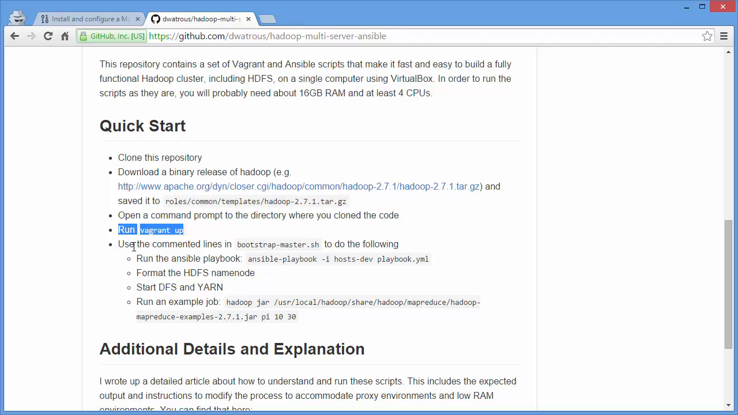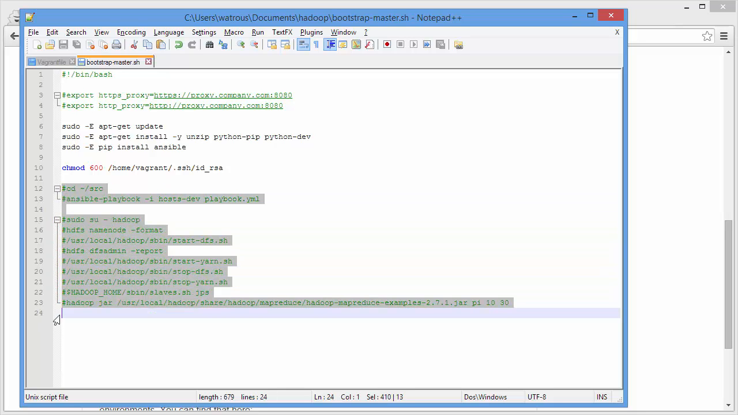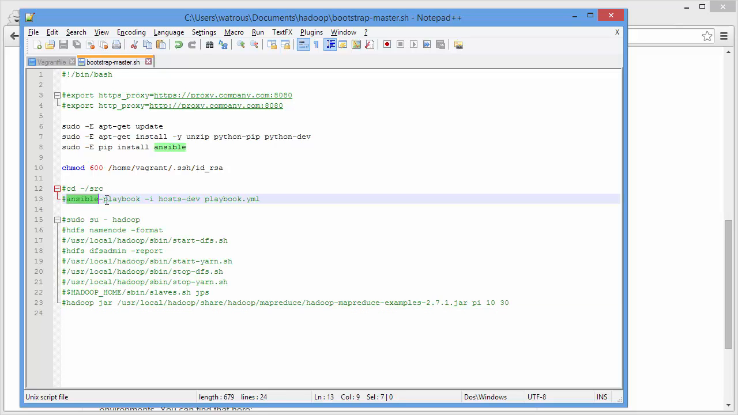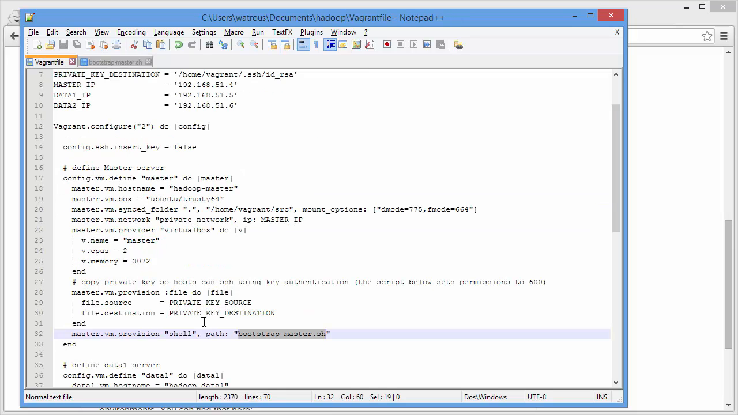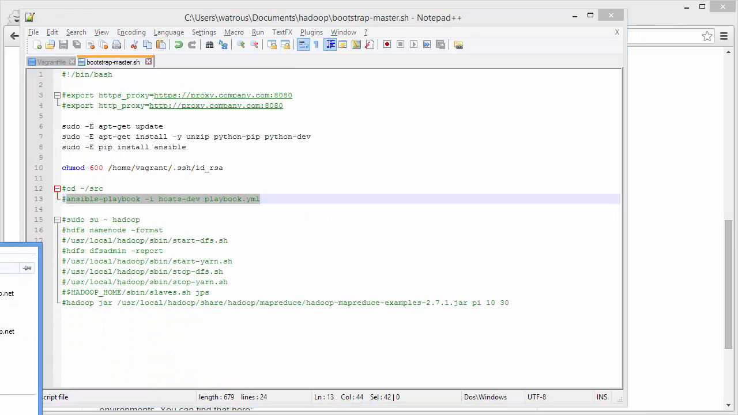Now, the next part of the quick start, you'll notice it says use the commented lines in bootstrap master.sh to do the following. We want to run the Ansible playbook, format the HDFS name node, start DFS and Yarn, and then run an example job. So those are available here. And there are various reasons I don't have them just run by default. One is that I can't run this Ansible playbook until the other two data nodes are done. And since that's going to run right at the end of this Vagrant script, we leave that as a manual thing. So let's connect to